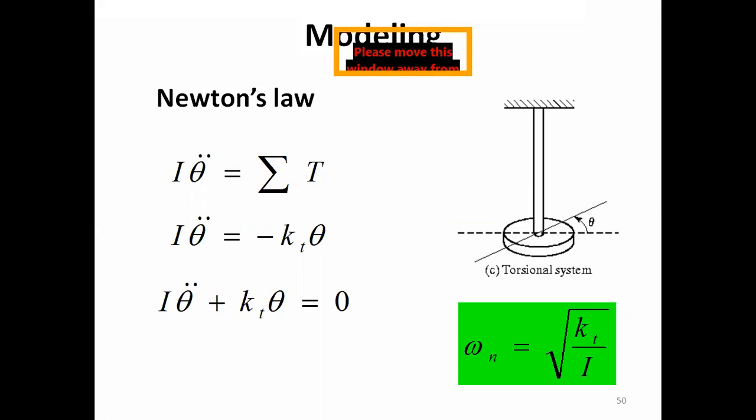And normally we call this a torsion system. And in this case, Newton's law would be: summation of all of the torques that are acting on the system must be equal to the mass moment of inertia times the angular acceleration. So the mass moment of inertia of the disk about this axis of rotation, let's say it is I, and theta double dot is the acceleration of this disk during the vibration. It must be equal to the summation of all of the torques in the